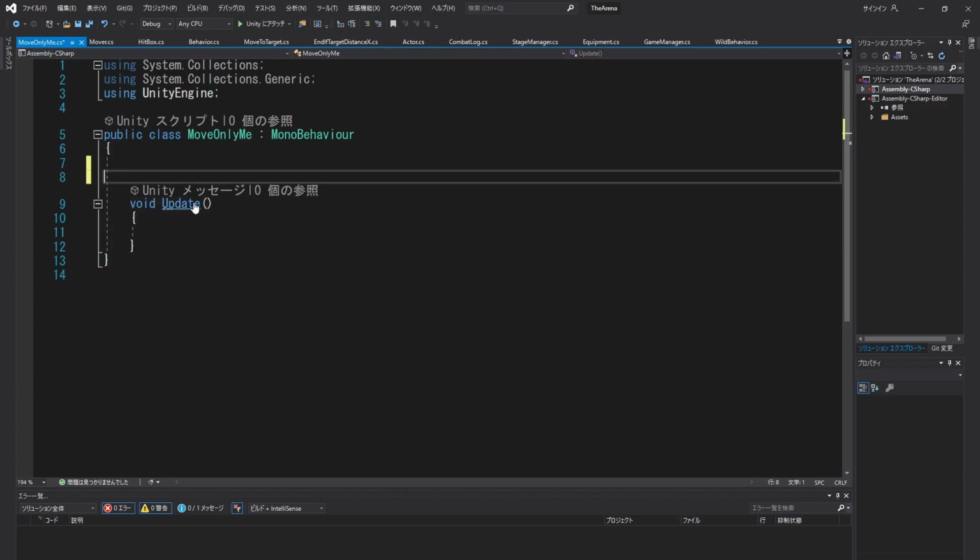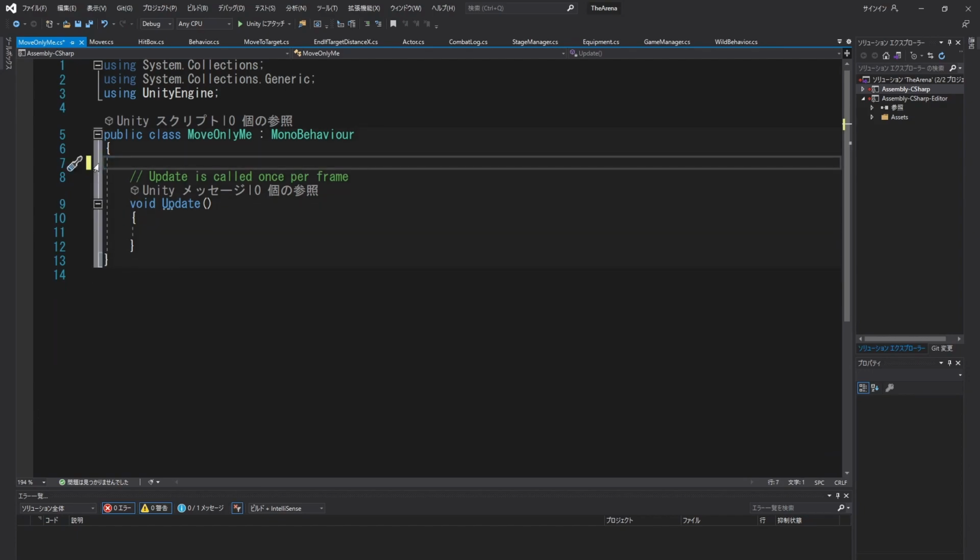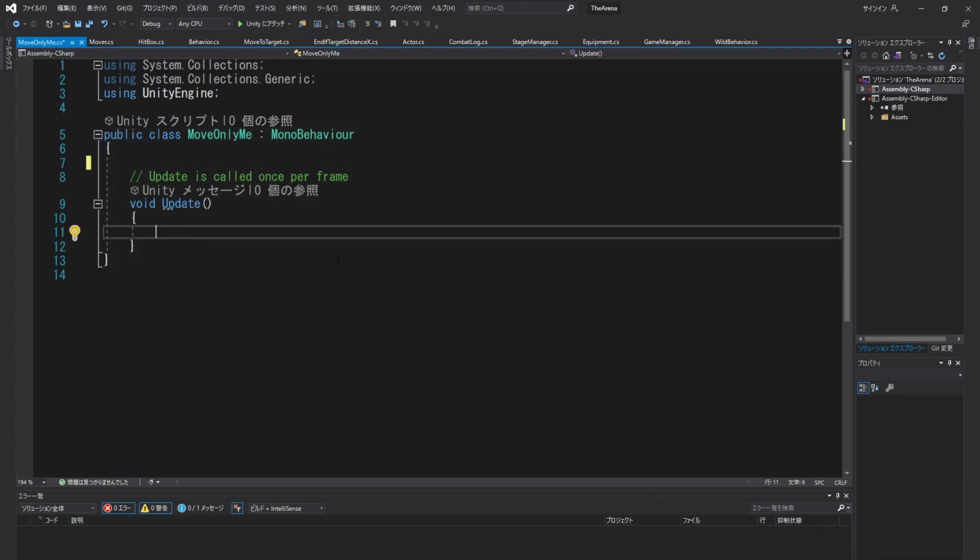Let me keep that there so you can actually read it if you want to. It's called once per frame, and that just means that every frame that the game is running is going to be listening for whatever you want to put in this function. And what we want to listen for is we want to know if the player is pressing a key or not. And if the player presses a key, we want the